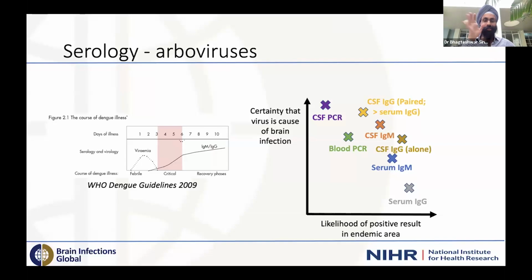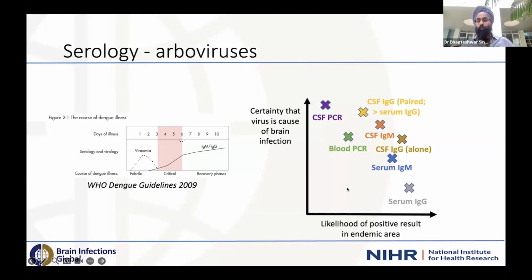Similarly with arboviruses, again, conceptual diagram, no actual numbers on here, but many of you will have seen this and know that early in the stages of some arboviral infections, and probably best documented for dengue, the virus can be detectable, usually in the blood. How much of that actually gets into the CSF, I'll let our speakers go into that in a bit more detail. And then there's an immunological response that can be detected through detecting antibodies in the blood or serum, as well as in CSF.